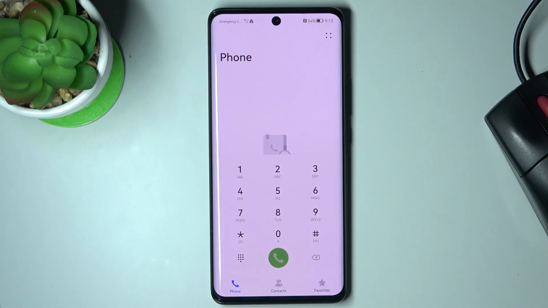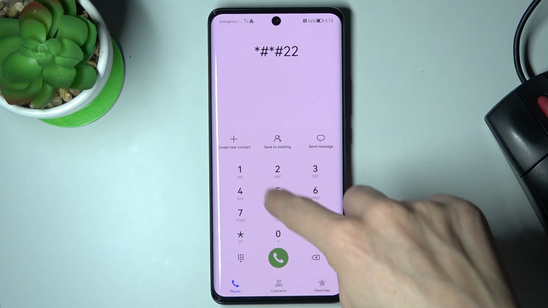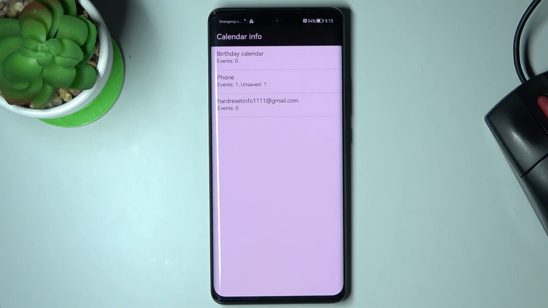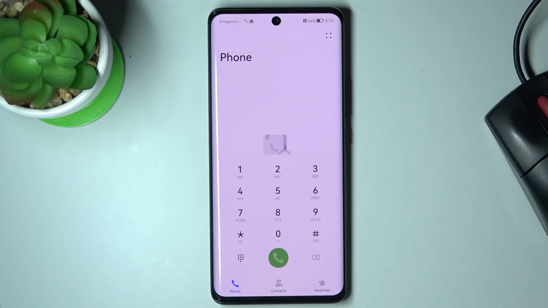Another code that you can use here is asterisk pound 225 pound asterisk. And here we've got the calendar info. So if you are the one who always forget about the events, celebrations, and so on, this is just the perfect method because all events and celebrations from all your calendars would be included here, so you will not be surprised with any upcoming event. So let's go back, and the last code that I would like to share with you today is the one